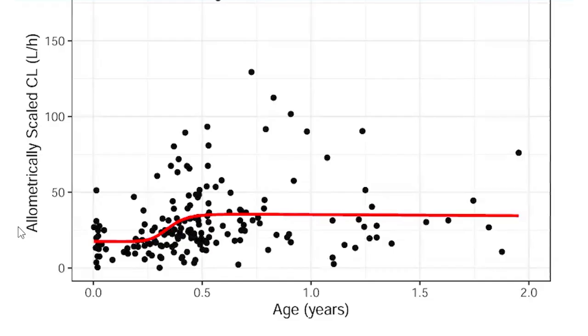So we took this line right here, which is, again, allometrically scaled, so we don't have to worry about body size. We're already incorporating that in every single one of these samples. We just need to worry about age and how the tissues are changing with age and how you're breaking the drug down better with age in this specific scenario. So we plotted, based on this line, a couple very important key points, and then we incorporated those into a